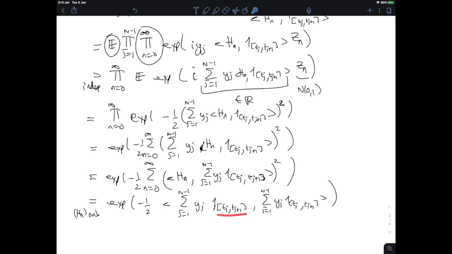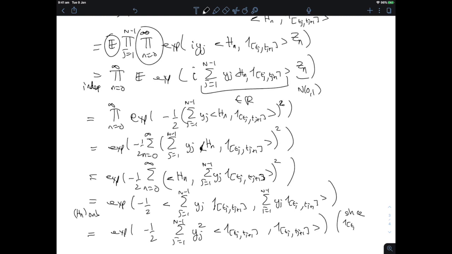If j is not equal to k, the indicator function of tj plus 1 times the indicator function of tk plus 1 is 0. So in this double sum, I only really have a single sum. So sum j equal 1 to n minus 1 of yj squared times the inner product of the indicator function of tj plus 1 with itself. All the cross terms are 0,